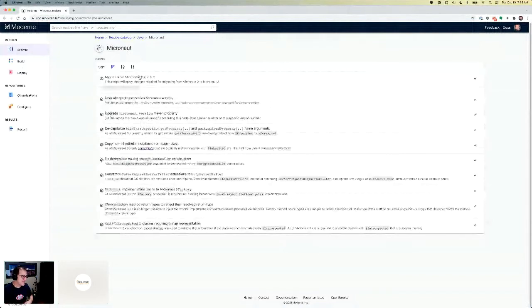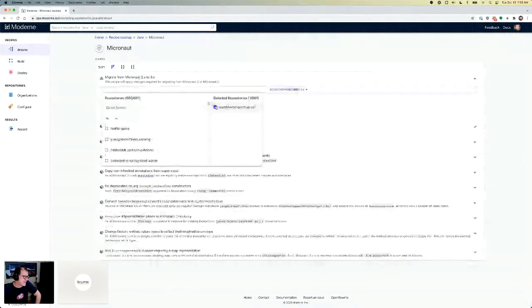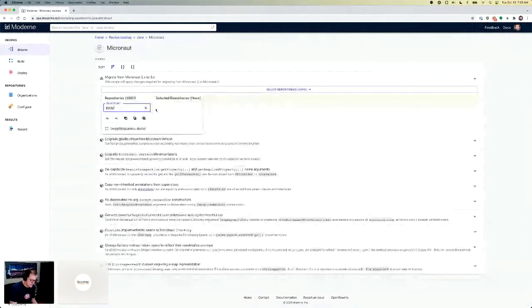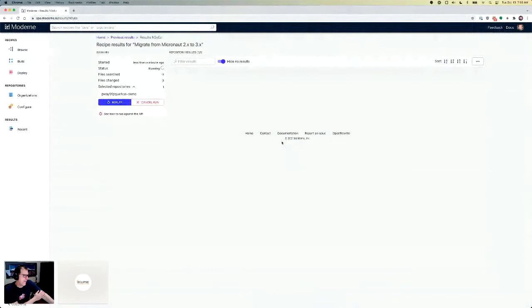So let's go look at what this thing does. In this case, I've kind of cheated. I have a specific repository I want to show. I want to show this transformation. Again, Micronaut, this is actually included as part of their migration strategy. So if you go to their documentation, well,